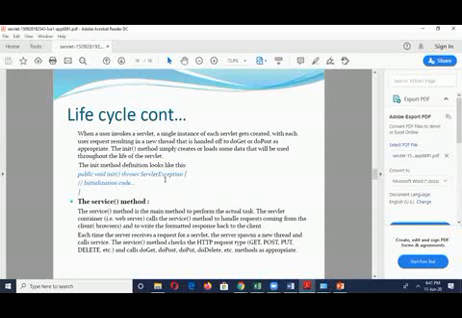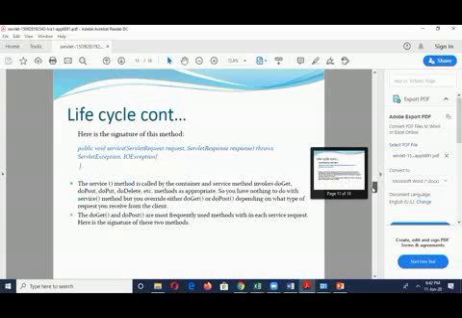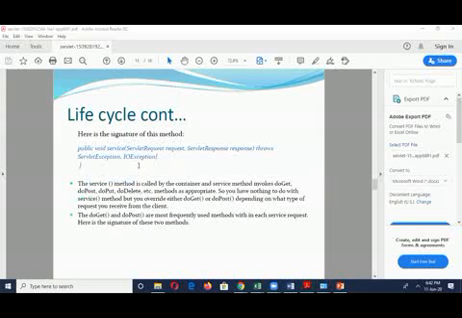It calls the service, and it uses the get method when it calls and the post method when it sends a response. So doGet and doPost are very important. Next is the signature. This is the signature for using this: public void.